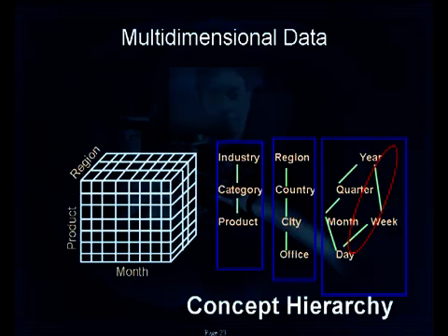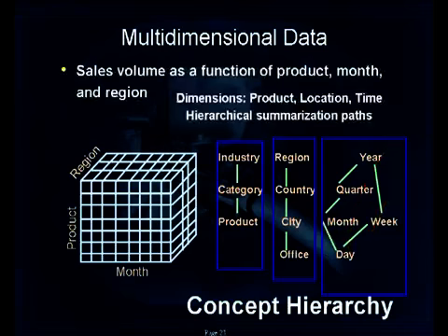Day-wise data can also be represented as a collection of days as a week and a collection of weeks as a year. Similarly, office, city, country, region is another hierarchy for the region dimension, which is nothing but the location dimension here. Product, category, industry is another kind of hierarchy for the product dimension. So the purpose of using the hierarchy in OLAP is basically to provide a better navigation facility for the decision maker. He can navigate with respect to the hierarchical points, which are considered as footprints here.